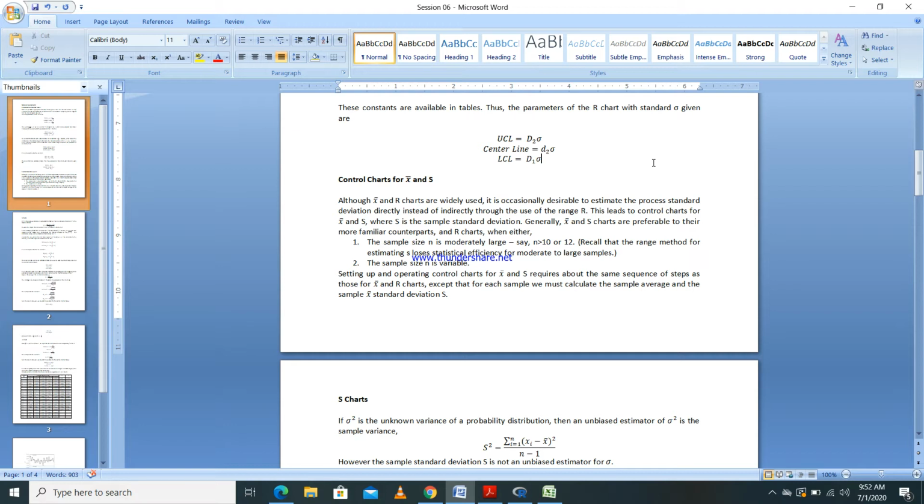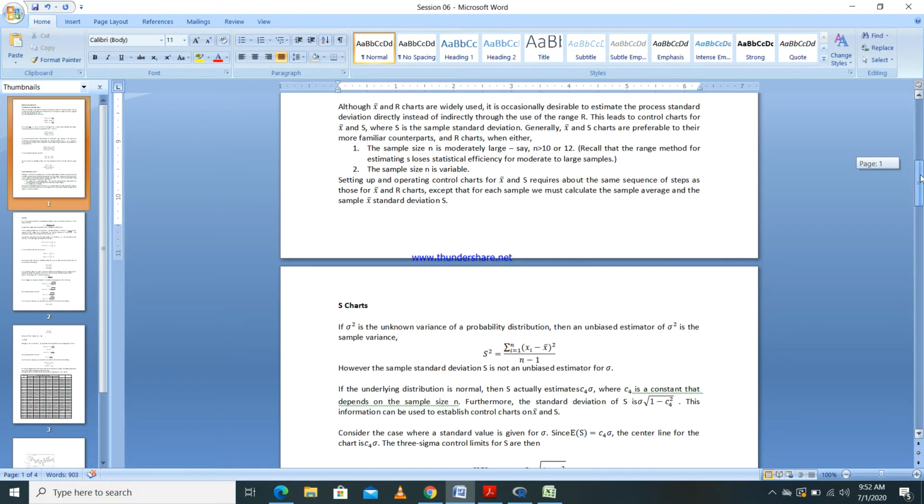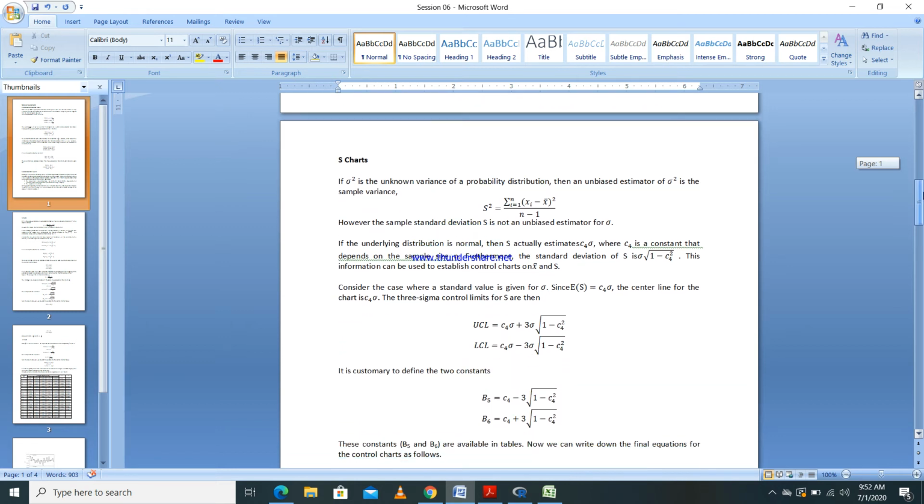So because of that, we go for the S chart when you have more than 10 observations in your sample. In that case, especially if the population standard deviation is unknown, we can go for an S chart, right? So if you want to construct the S chart, what you basically have to do is,